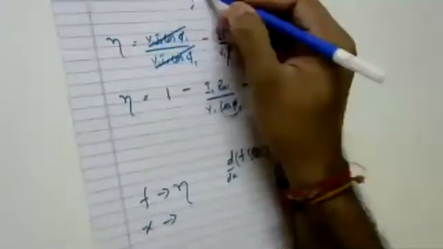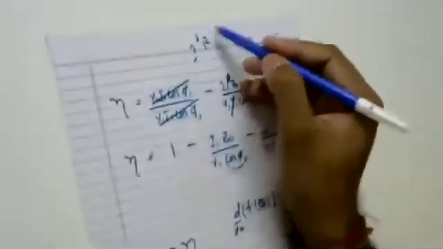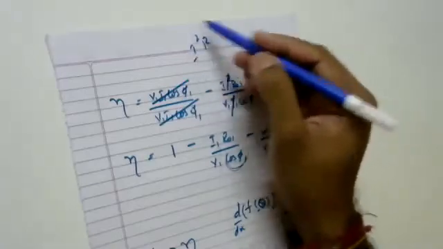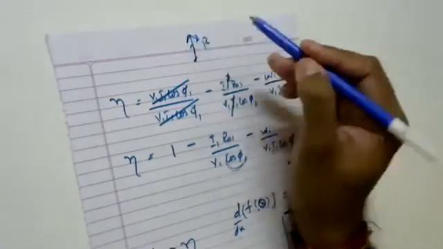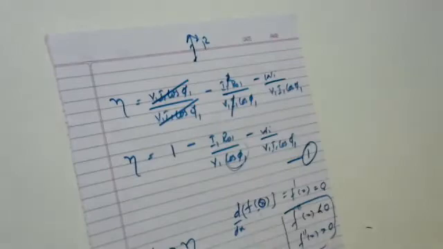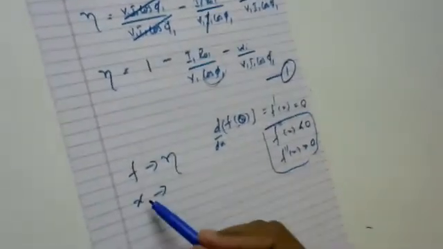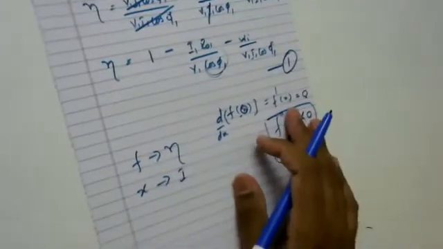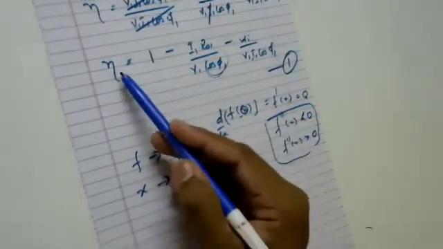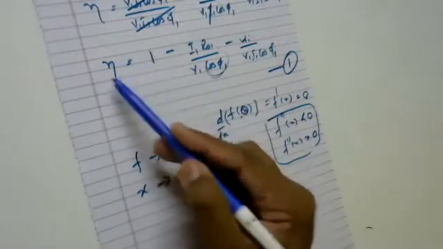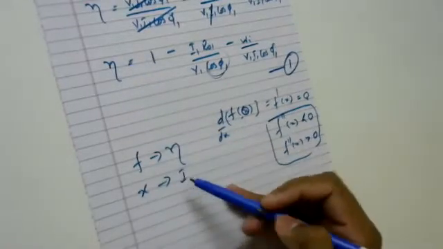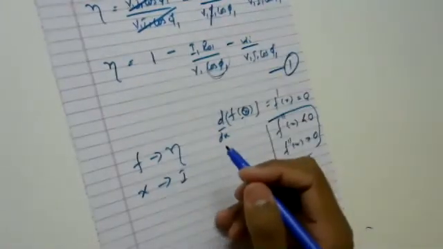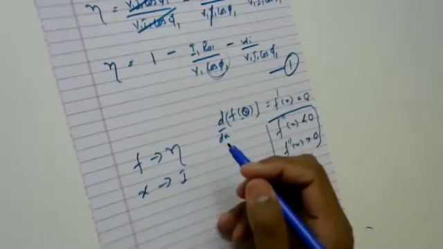Your I1. So current, I said, in case of losses as well. When you say I square R loss, this loss is said to be a variable loss just because I is variable. So since I is variable, you will be calling this loss a variable loss. So it means who is going to represent my x? It is my current. So now I need to differentiate this function eta with respect to I. I have to differentiate this function eta with respect to I.